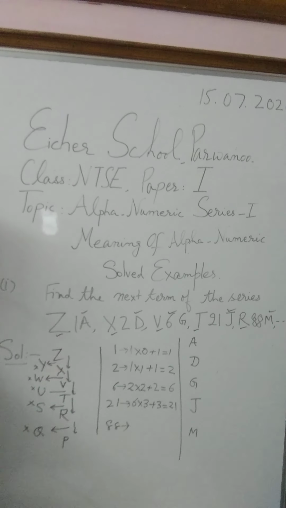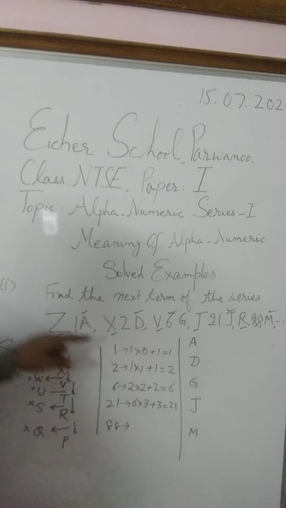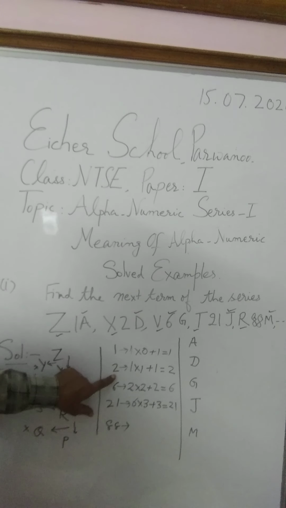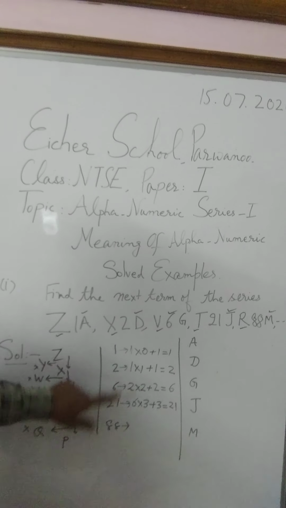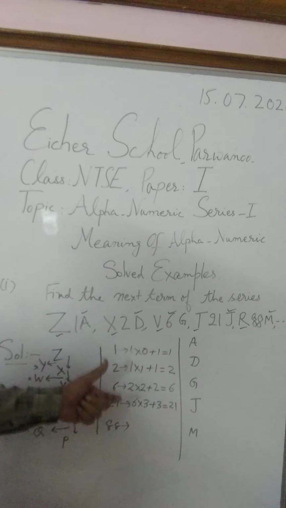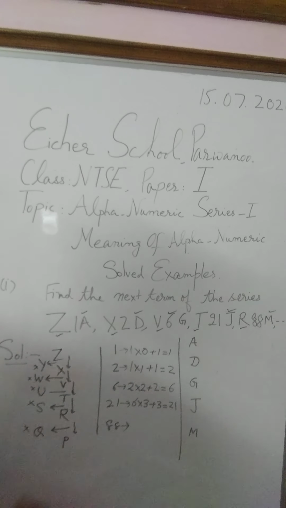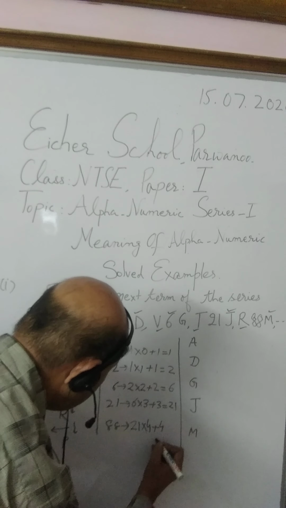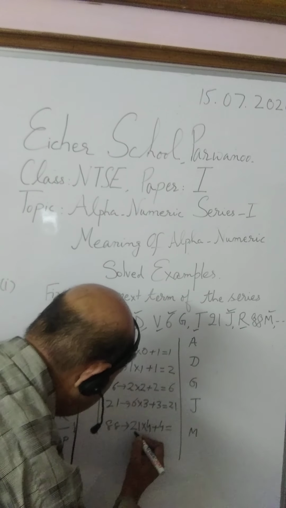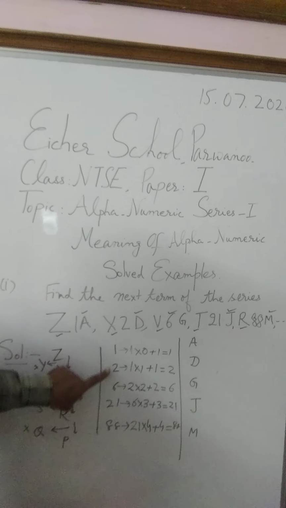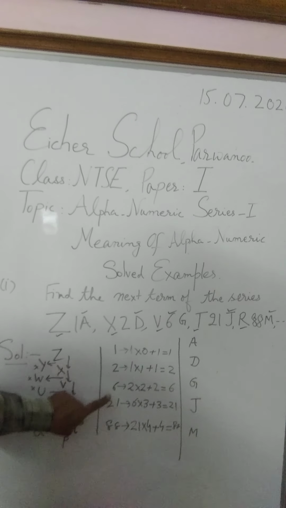What I am going to establish is that these digits are interrelated with each other. 1 is closely related with second, second is related with third, third is related with fourth, and fourth is related with fifth, so that I am able to locate the next number. This 88 will be written as 21 multiplied with 4 plus 4, that is equal to 84 plus 4, 88. So in this way I am able to get a relation of first, second, second, third, third, fourth, fourth, fifth.